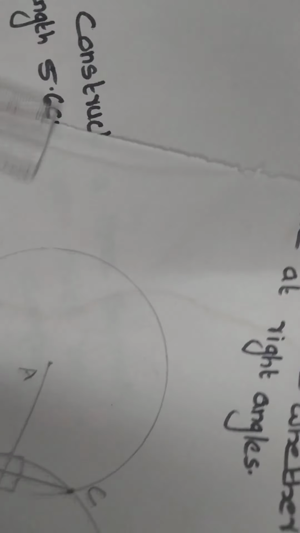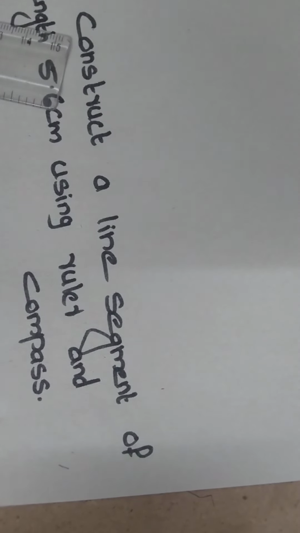Then next, fifth, next exercise 14.2. They are not circular, line segment construction. See, the question says draw a line segment of length 7.3 centimeter using a ruler. Ruler means scale. Use the scale and just draw a line segment. What about a line segment? It has two end points. A line has no end points. A line can be extended on both sides. A line segment means it has two end points.